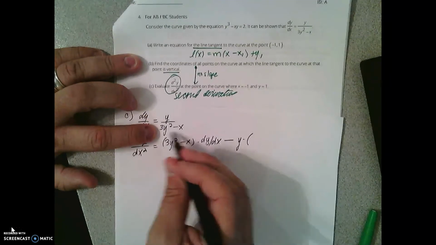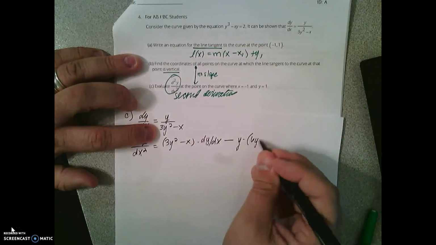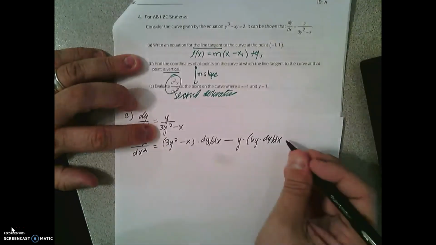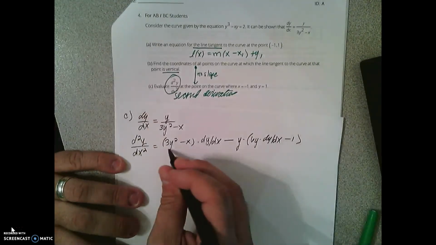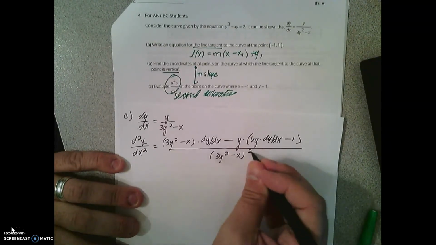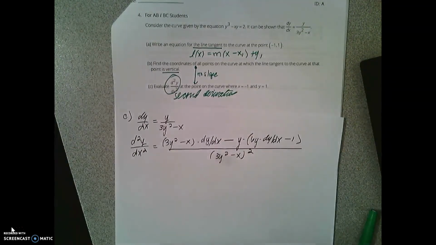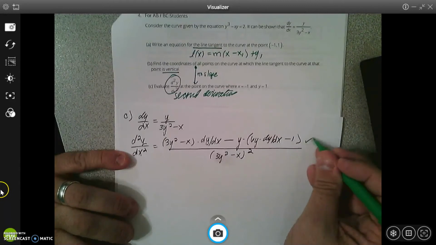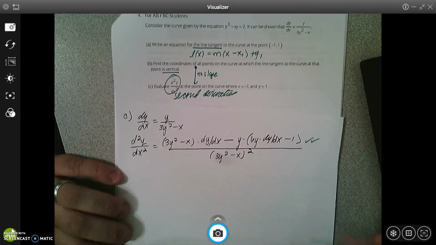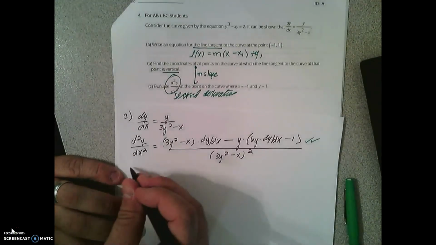The derivative of 3y squared minus x will be 6y times dy dx minus 1, all over low low, the denominator squared. A little bit messy, but not too bad. That's your second derivative, and if you find the derivative correctly, you're going to get 2 points. Now we need to